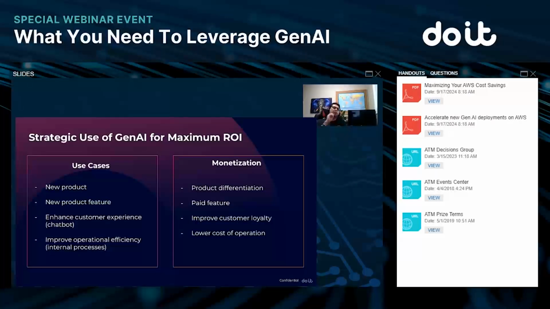That's why it's important, when you are preparing for GenAI, to ask what your ROI is. What is it going to look like? And how can you start thinking about it? In the case of GenAI, it's going to be a new product. Is it going to be a completely new line? A new product that you're going to be leveraging. For example, some financial institutions are leveraging automated advising as a new product that you can pay for. Or is it going to be a new product feature?